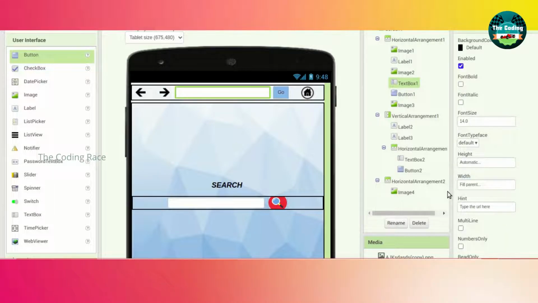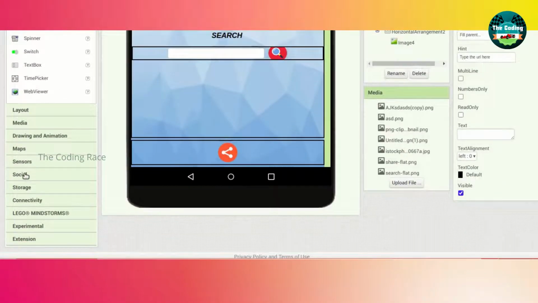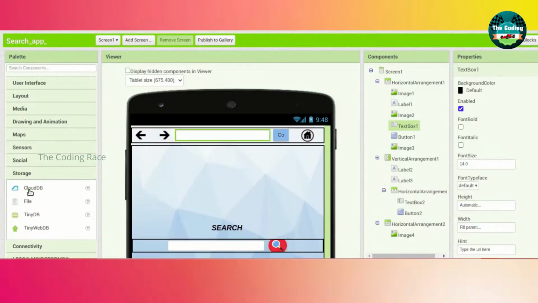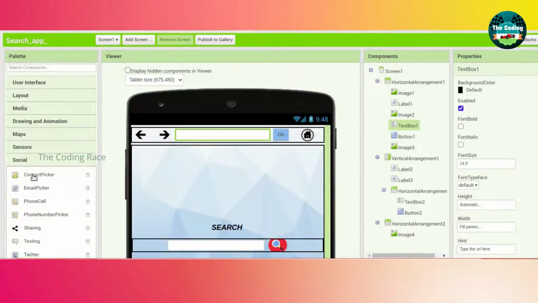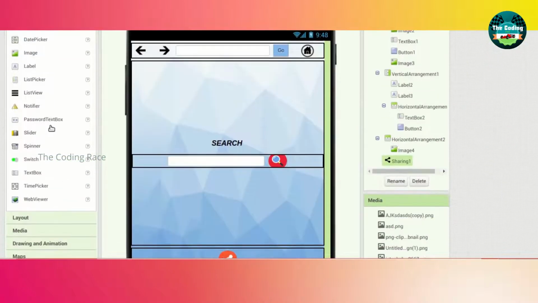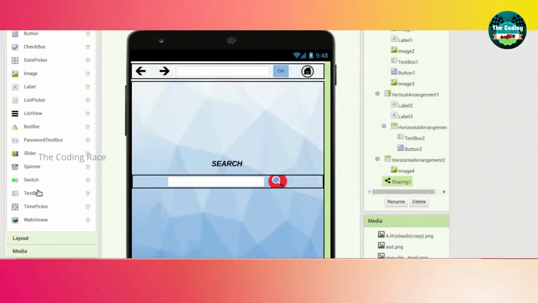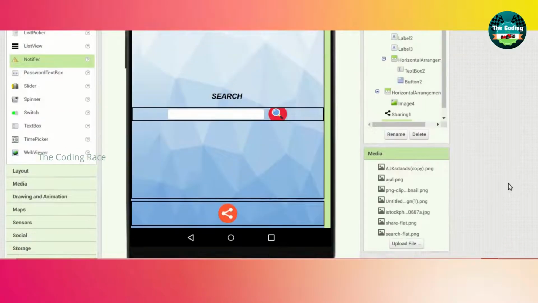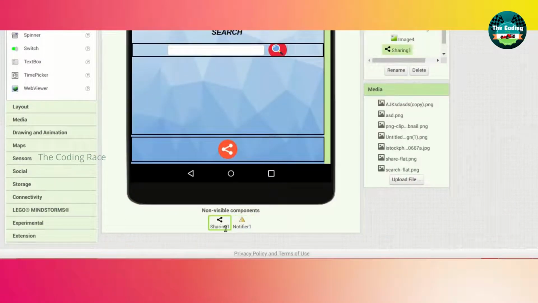Okay, just go to the social section. There, drag and drop the sharing component. Go to user interface, drag and drop this notifier. These two components will help us to code this app.